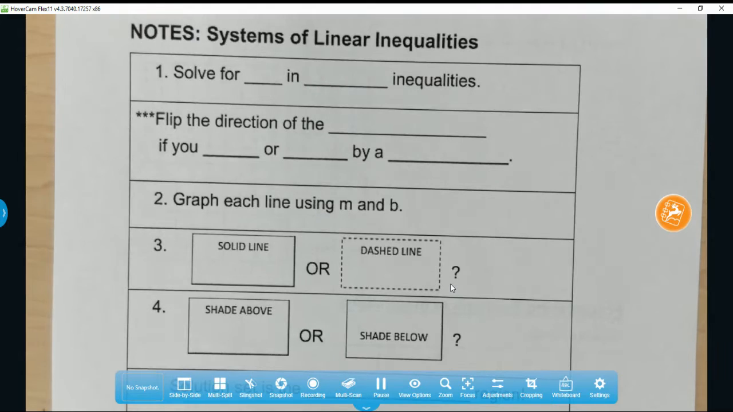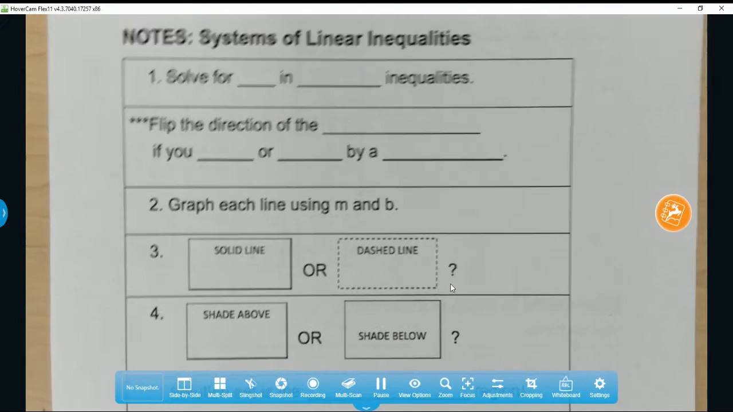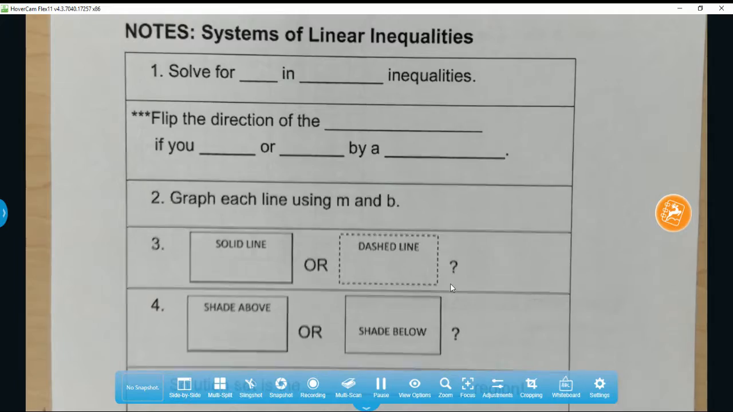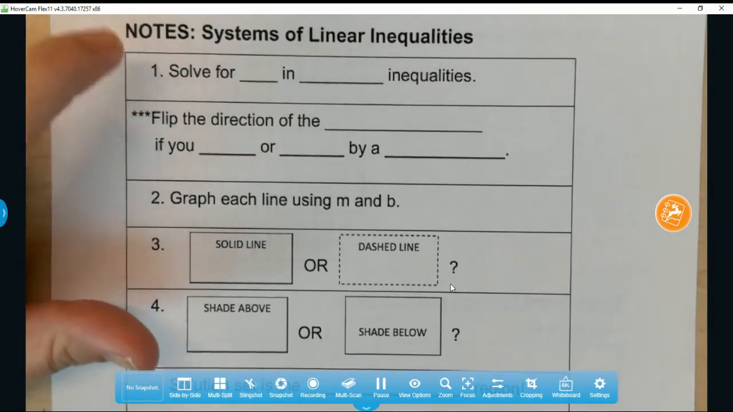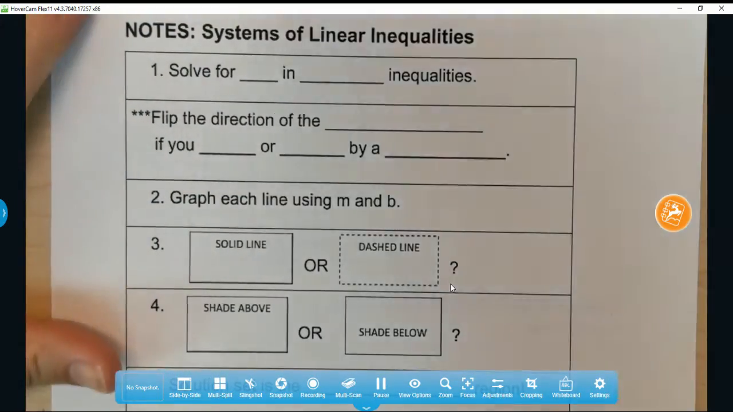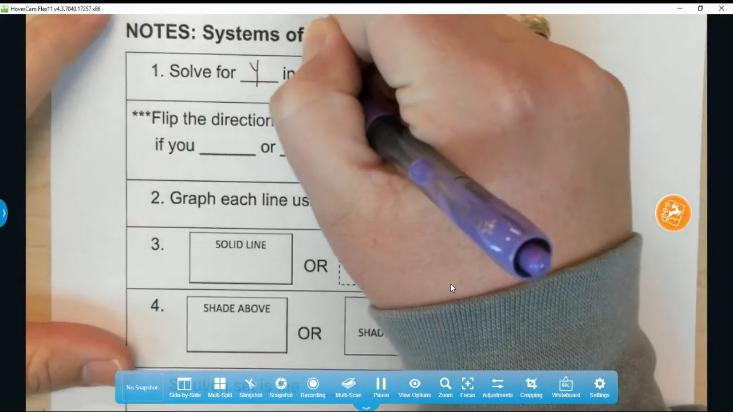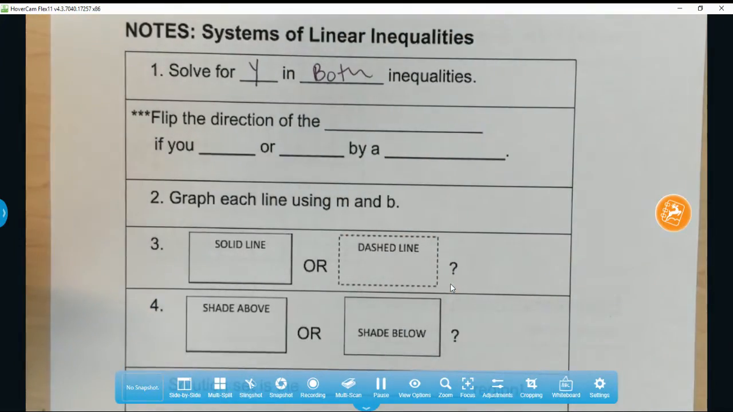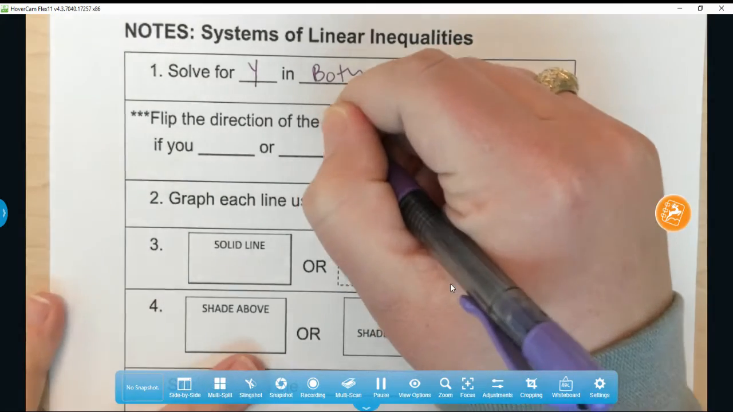We've seen linear inequalities before, but now we are going to create a system, just like we did with our linear equations. So we know step number 1 is that we need to solve for y in both inequalities. And just to remind ourselves that we would flip the direction of the inequality symbol